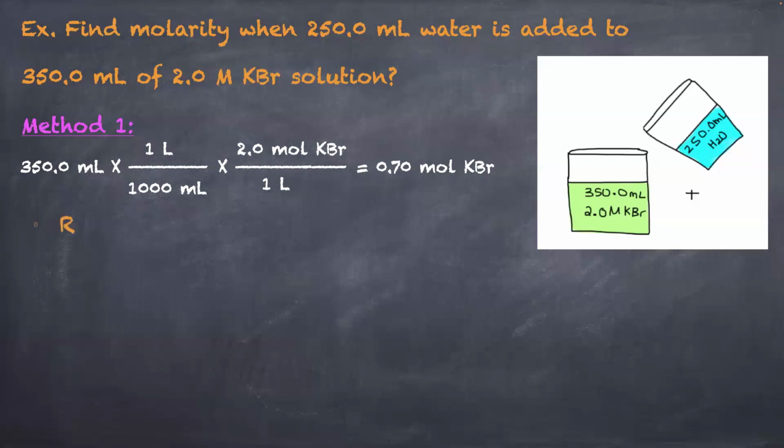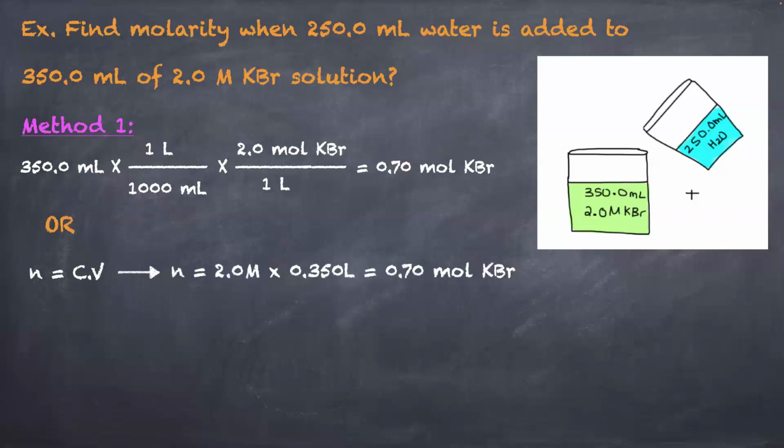Or you can simply use the concentration formula, with some rearrangement. We had C equals n over V. So all we're doing here is that n, which is the number of moles, will be found by multiplying the concentration or molarity by the volume. Just make sure the volume has to be in liters here and not milliliters. That's why in the previous step, I converted my milliliters to liters. Otherwise, I couldn't use that equation. So you can multiply 2 molar by 0.350 liters,